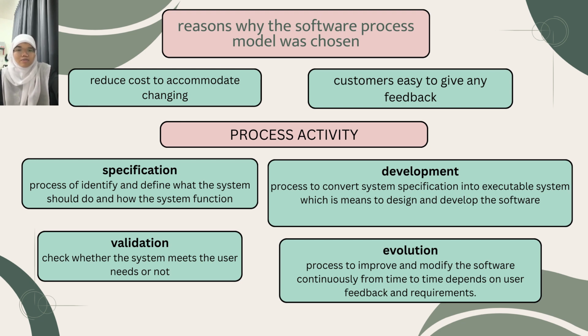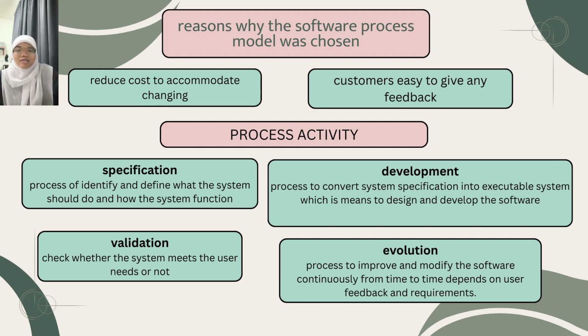The second process is development, the process to convert the system specification to an executable system that involves designing and developing the system. The selected features are designed and implemented in small parts of the system to be tested and delivered in each sprint. For example, developers started developing things like the payment method and GPS bus tracking in the Buzz Asia